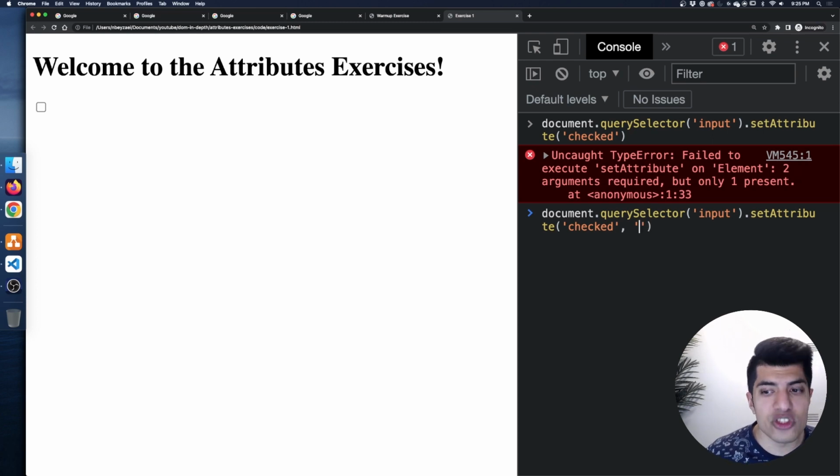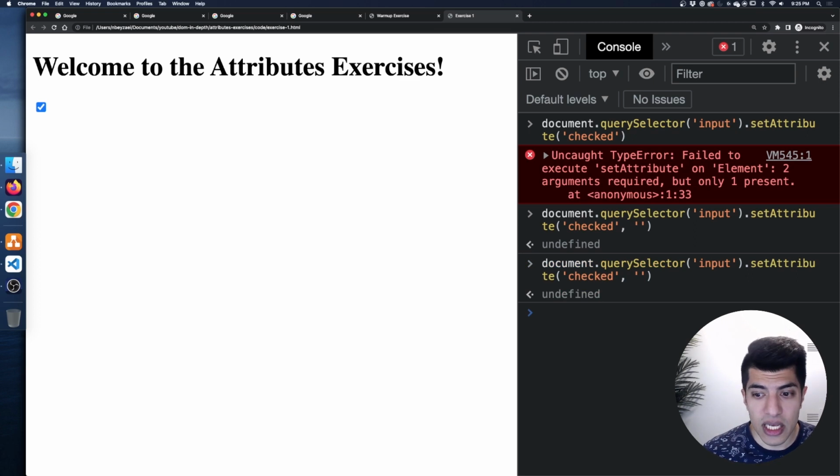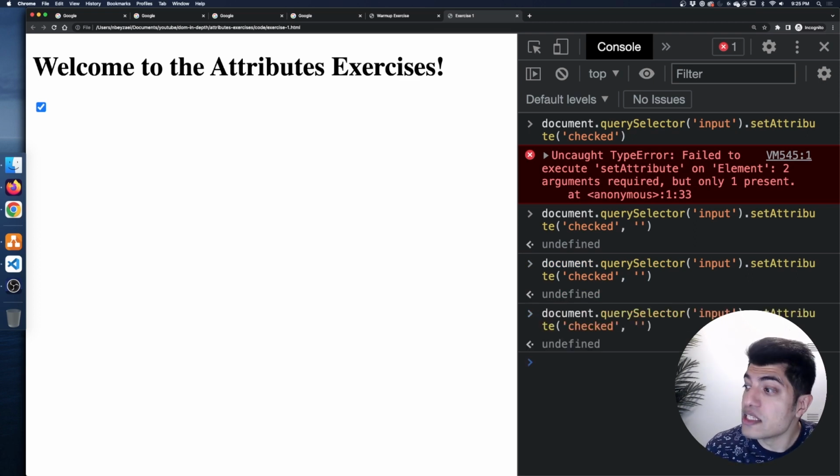I'm going to just give it an empty string. Let's see what happens there. Okay. So I'm going to do 1, 2, and 3. And look at that, right? So it actually changes to be checked. And if I run this again, it just stays checked in this case because we're just setting the attribute checked